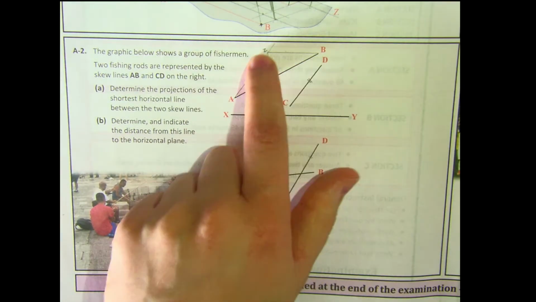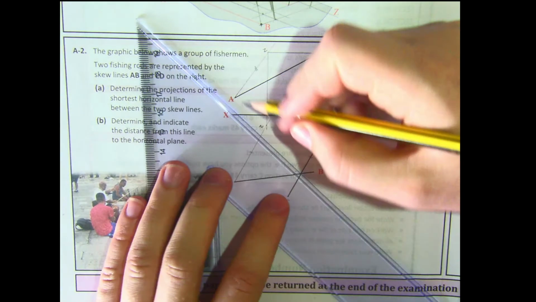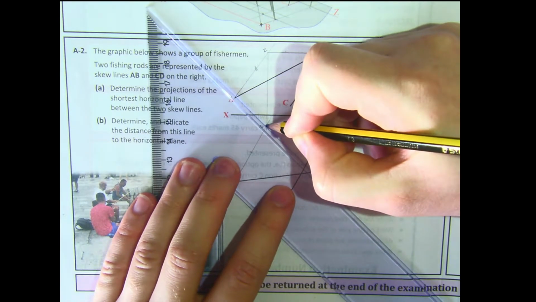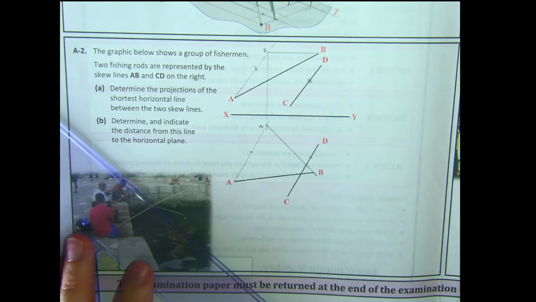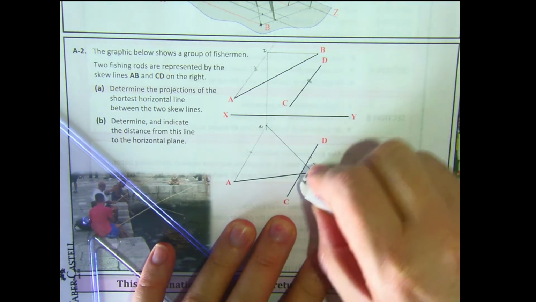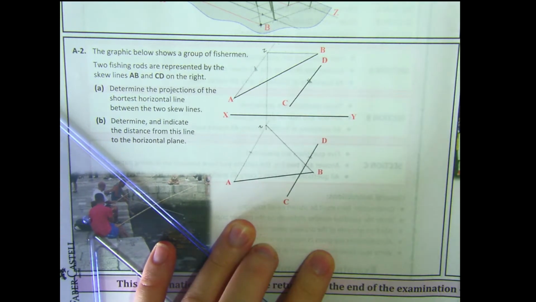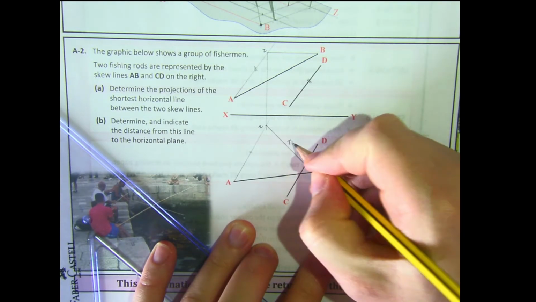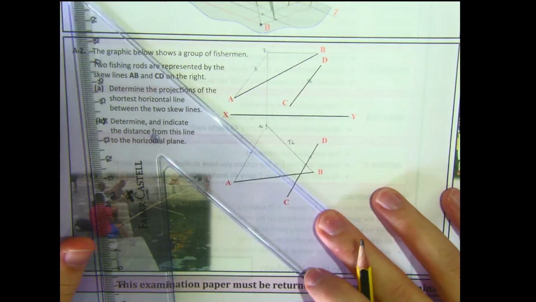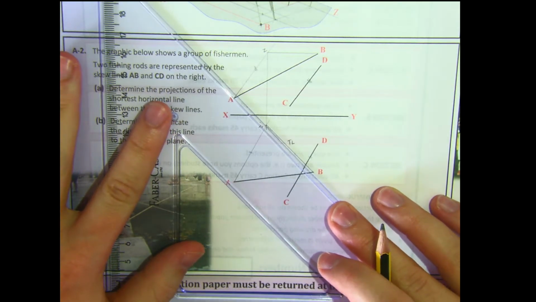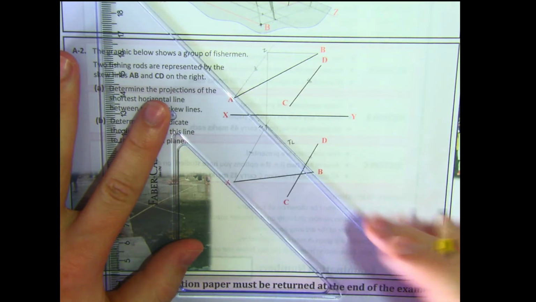So just like in our elevation, Z joins to B, so Z is going to join to B down here. What this has done is this has created a true length line for us. So this line Z to B is a true length. If it's true length, I can look along that line. So what I'm going to do now is I'm going to look in perpendicular to it. So projecting this down along this way,